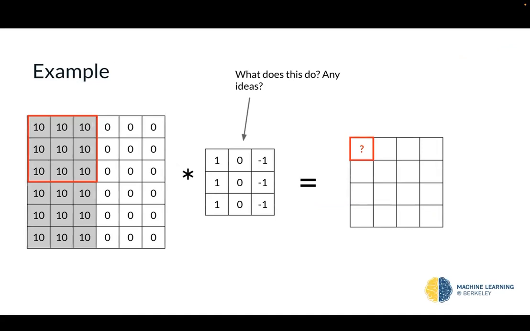So let's look at an example. When we take this kernel and we put it over the red region in the image, we see on the left side it's going to produce 10, 10, 10, which is going to sum to 30. And on the right side it's going to produce negative 10, negative 10, negative 10, which is going to sum to negative 30. When we put everything together, we see that at this location, it should produce an activation value of 0. As we slide over, we see that on the right side, everything is going to sum to 0 now. So it's going to become 30. As we keep going,